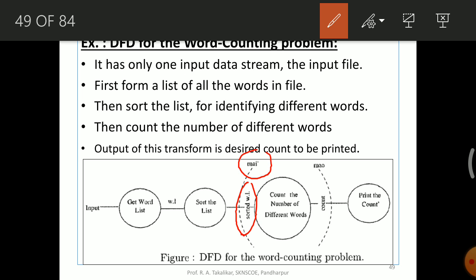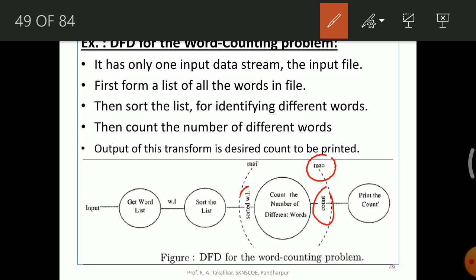Once this sorted word list is given to this module, it performs its internal operations, counts the different words, and generates the actual count of words. This is the output we are interested in, the count of the actual words, so it is called the most abstract output, MAO.